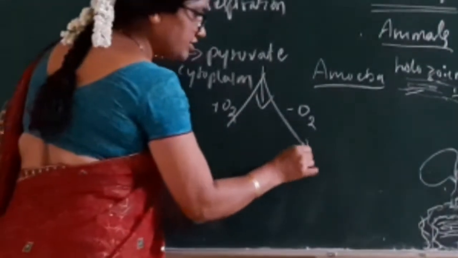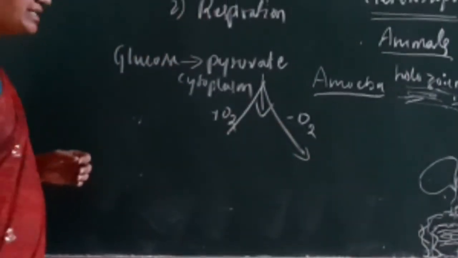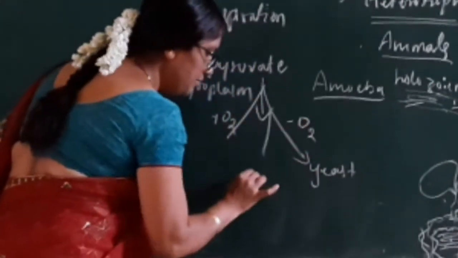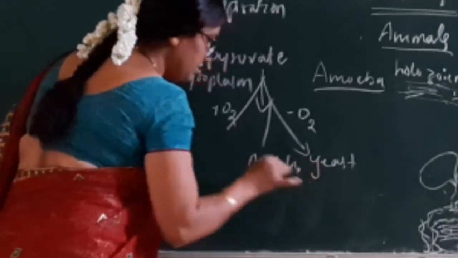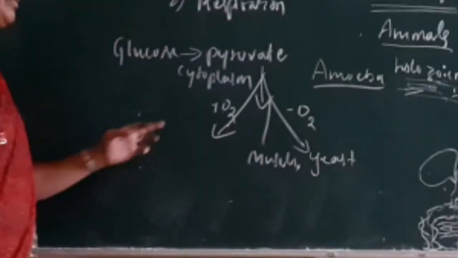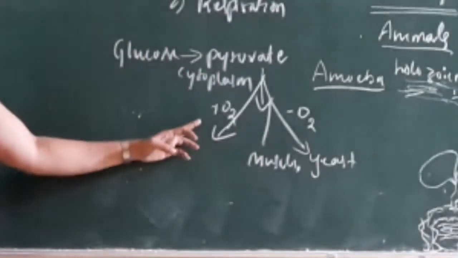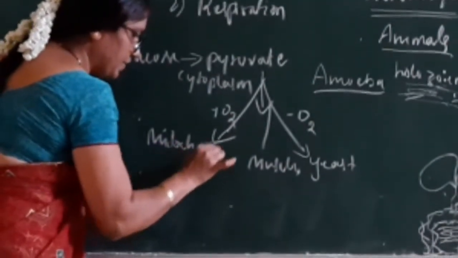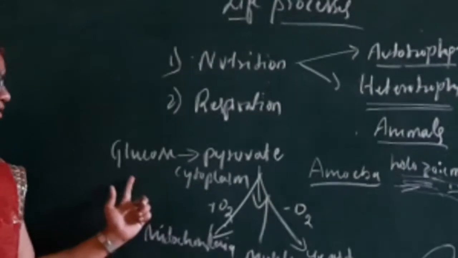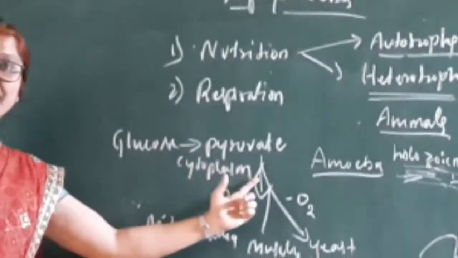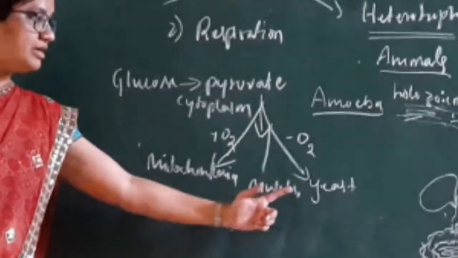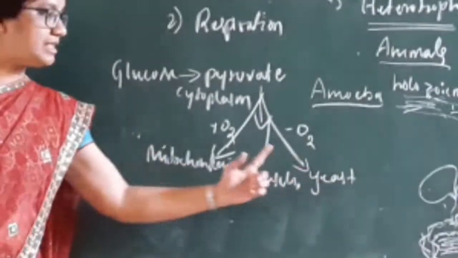In absence of oxygen, where does this actually take place? In yeast and in muscles. And where does the aerobic one take place? Mitochondria. Glucose converts into pyruvate. Pyruvate, in absence of oxygen, in the yeast cells and in the muscle